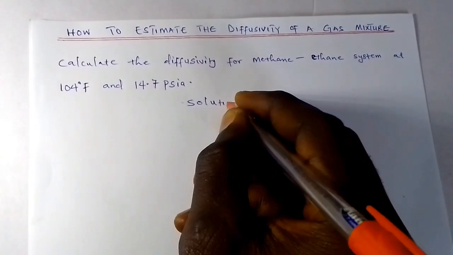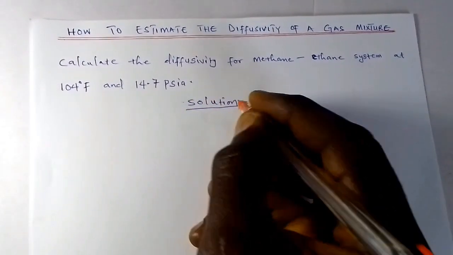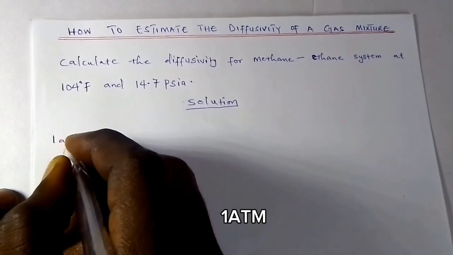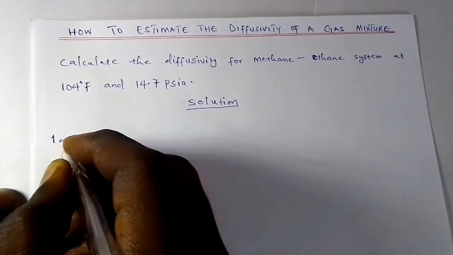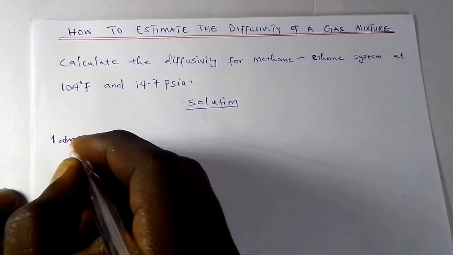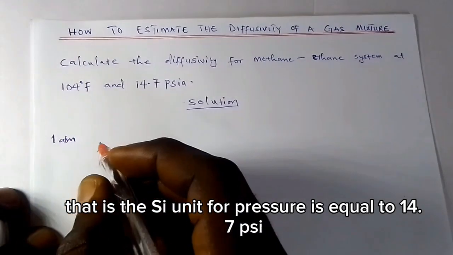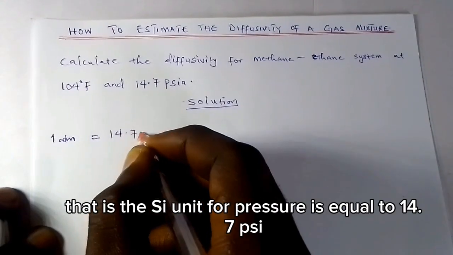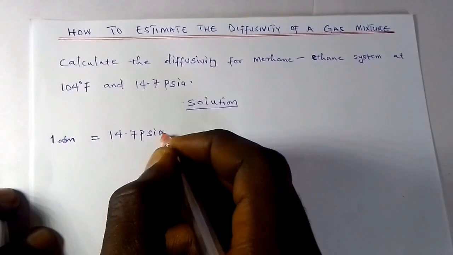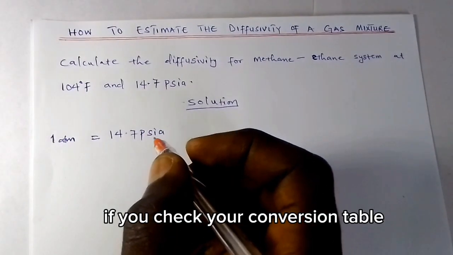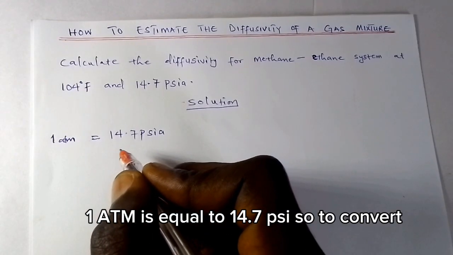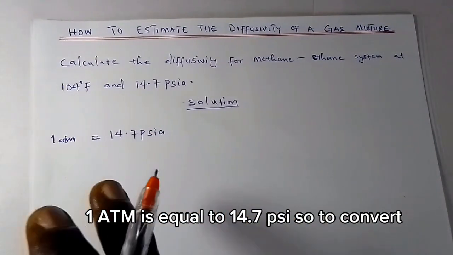Solution. One atm, that is the SI unit for pressure, is equal to 14.7 psi. If you check your conversion table, 1 atm is equal to 14.7 psi. So to convert